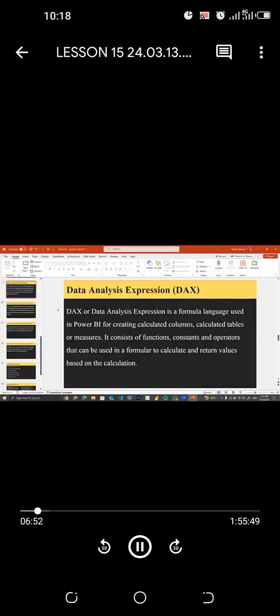Data analysis expression. So you can see that it was specifically built for data analysis. For it to even carry the name data analysis, okay, to analyze your data, isn't it? So now,